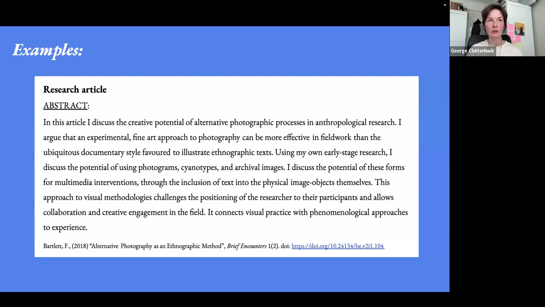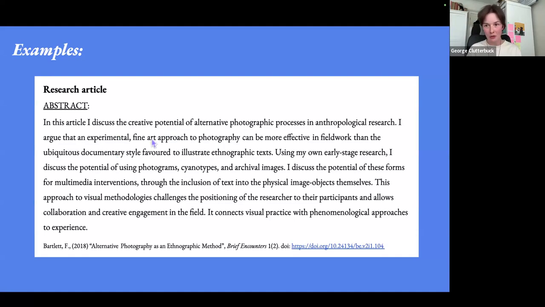And writing for Brief Encounters, we hope, will be partly an opportunity to explore something. We don't expect you to find the answers or arrive at the truth, but to recognize that you have something valuable to contribute and to share with us your hard work and express it in a written way or in a creative way. So first of all, if I may, I'll take you through this example, which is a research article that was published in Brief Encounters in 2018.